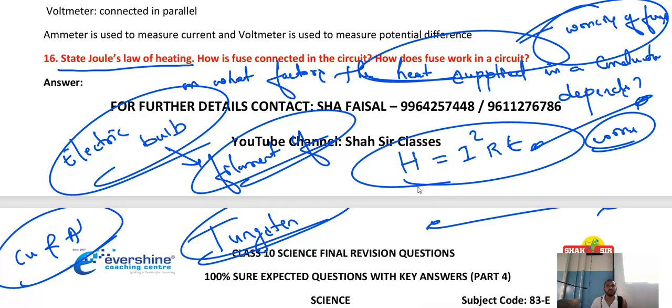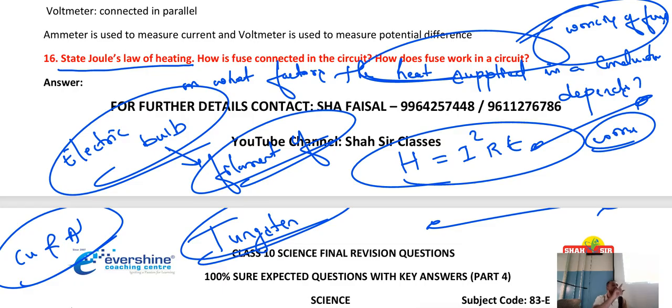The wires which are made up of copper and aluminum. Copper and aluminum wires are used in the transmission of electric current. This is a give reason question or one word question. In the filament of electric bulb, we use tungsten. In the transmission of current, which wires do we use? Copper and aluminum.